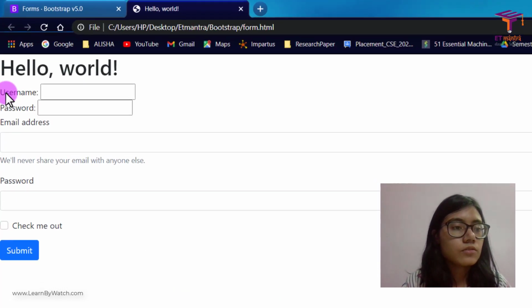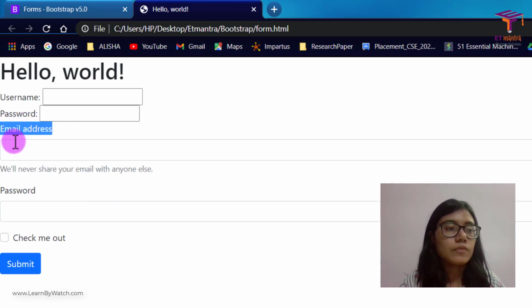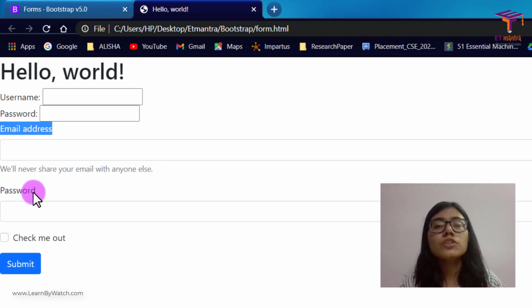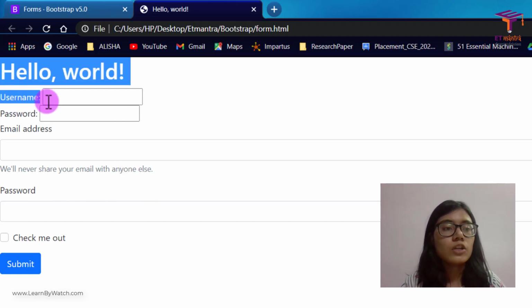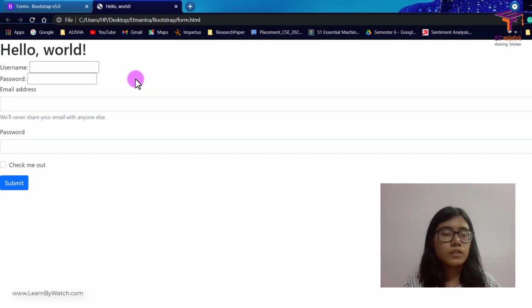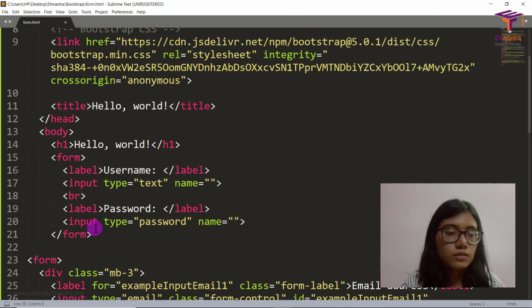You can see that now it looks so much better. We have the label above, then we have the input, and we did not do much. We just added some Bootstrap classes and we got this beautiful form. When we're doing it with HTML, we got it so simple. So let's remove the simple HTML form for now, and